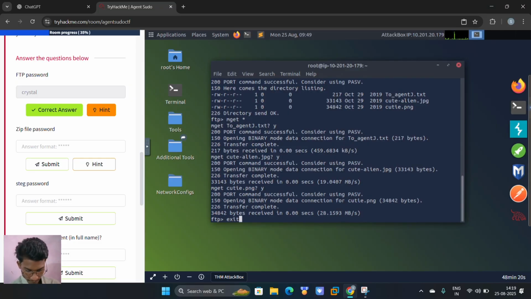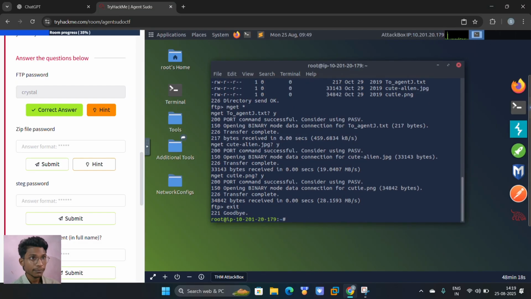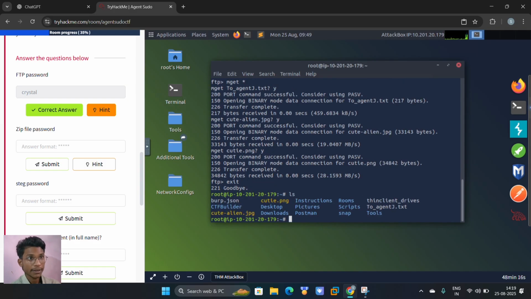So now we can exit the FTP, and here we can give an ls and check whether we got that thing or not. Yes, we got qt png, here to agent txt, and here cute alien jpg. So first of all we can check this thing, that is a text file, so we will use the cat command,